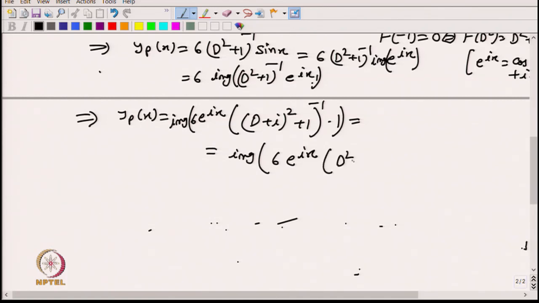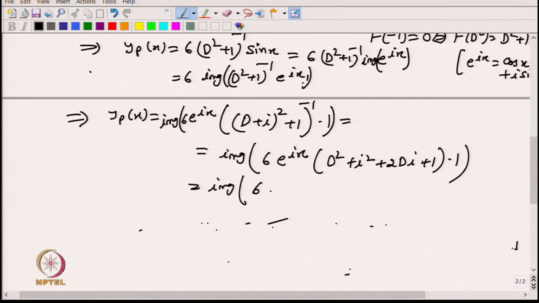So it becomes D squared plus i squared plus 2Di, plus 1, operating on 1. So this becomes 6 e^(ix), and this D squared will be there. This i squared is minus 1, so this will cancel out with the 1. So you will get 2Di